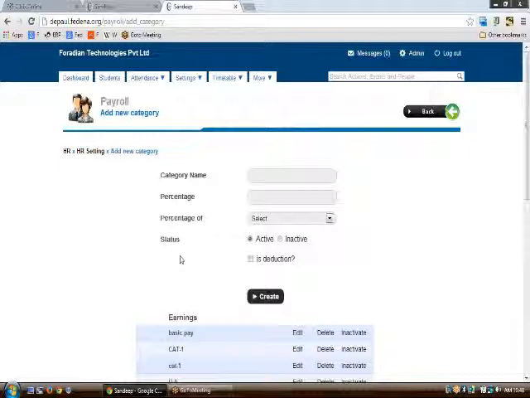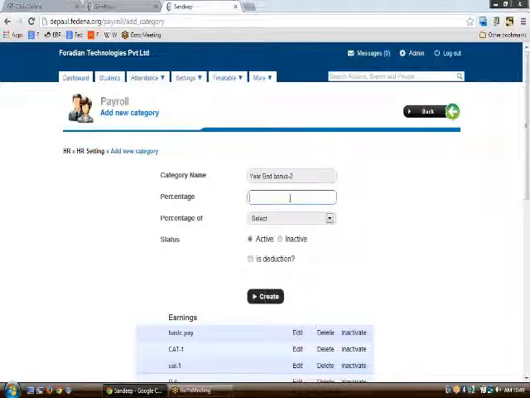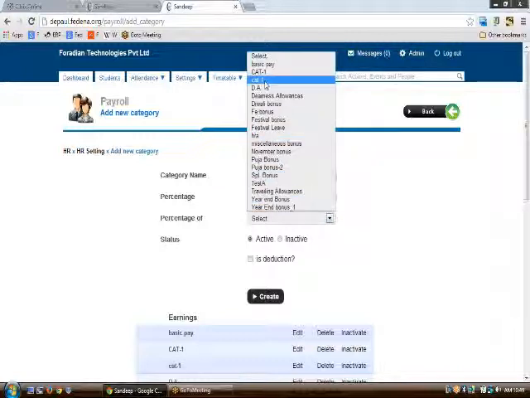When you click on add payroll category, you will be able to create some payroll categories for your employees. Let us say that you want to have a category in the payroll of your employees with the name year-end bonus 2, and let us make it 10%, so this year-end bonus 2 must be 10% of the basic pay.